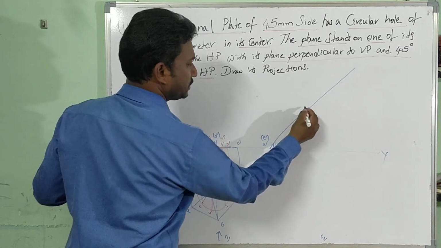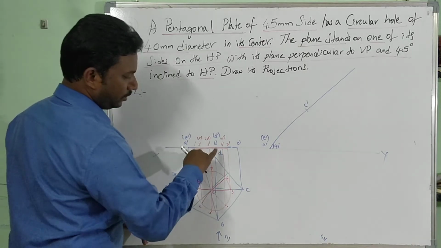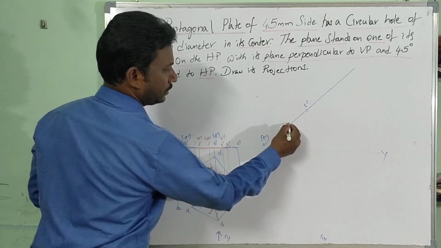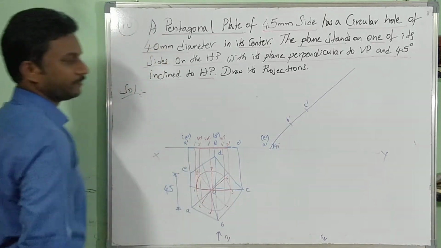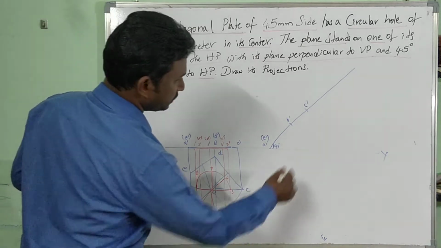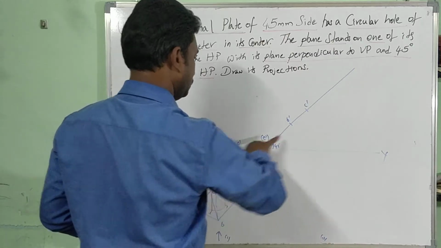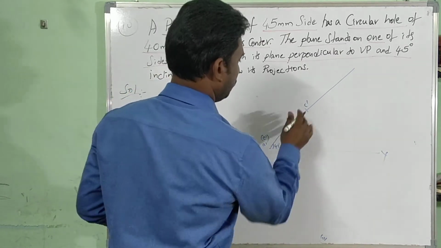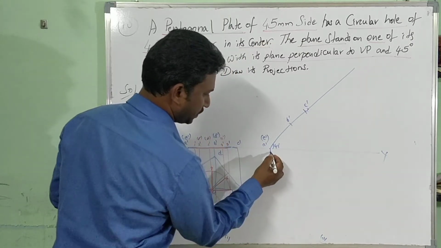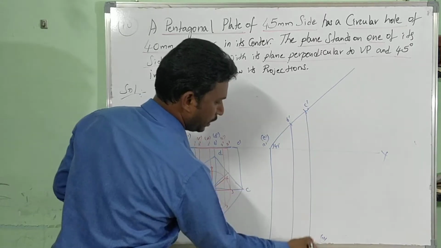Cut the arc on this, so that this point will be C dash. In the same way, measure B dash and cut it for B dash. I am doing it one by one. Now whatever the length of A dash, B dash is there, the same length I have drawn, and make a cut. Now from here, draw the projectors towards the downside. I am completing the pentagon part first.